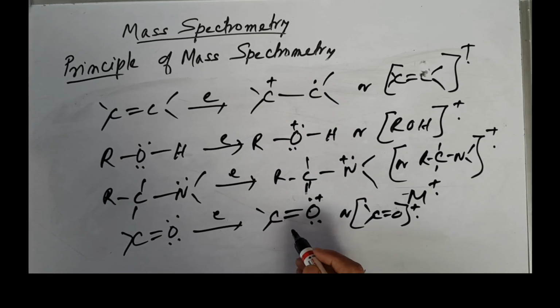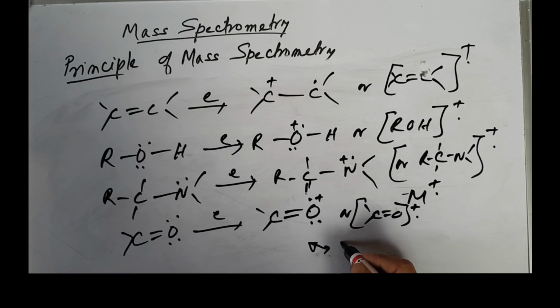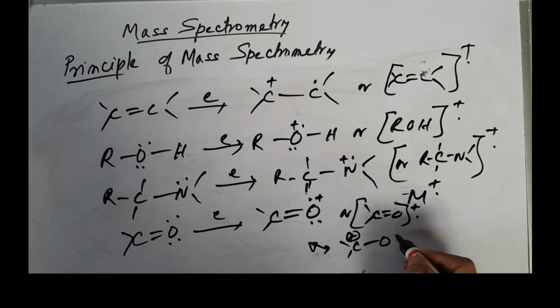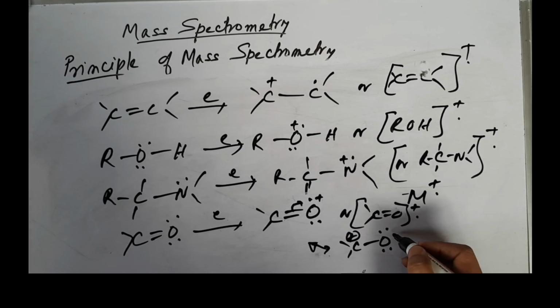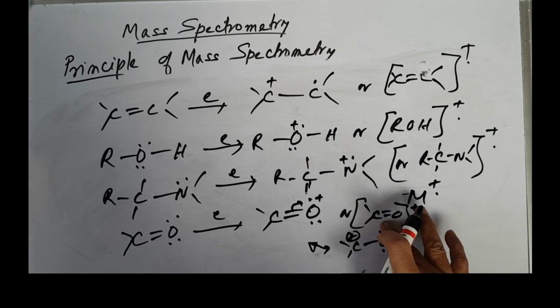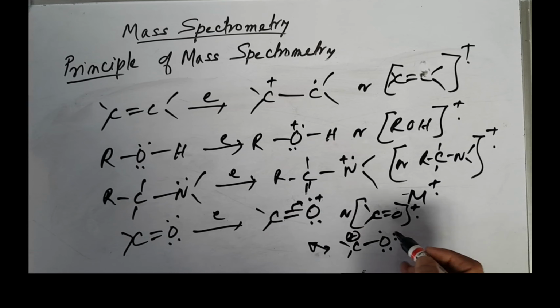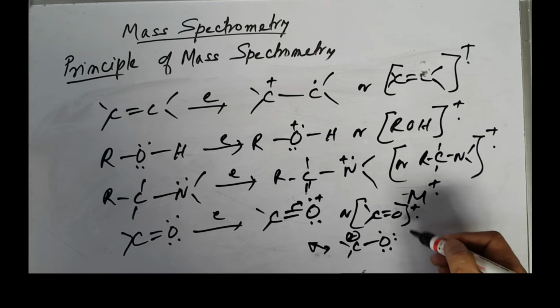Or most generally you can have one electron go like this, or one electron can go this way. So you can have another structure. You can have carbon positive charge and then oxygen, and this one electron, one more electron coming up. So you can have here these two electrons coming here, like this. So here you can have two electrons and one here. These two electrons are here and one electron here. So you can have the positive charge here too. It is the same way.